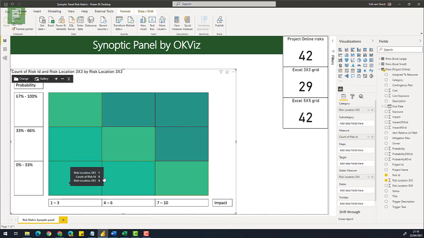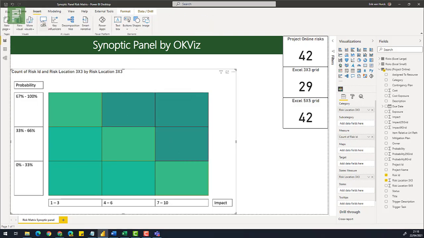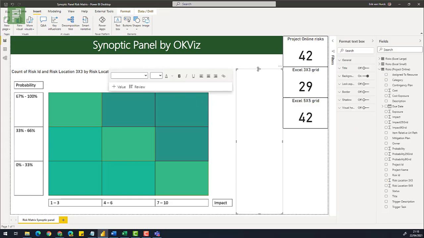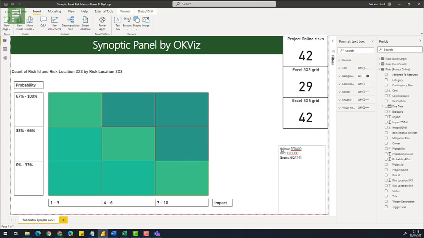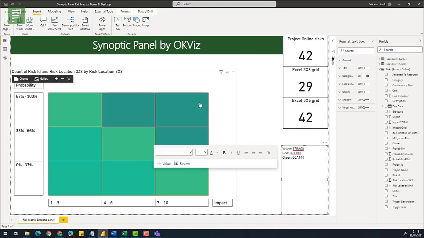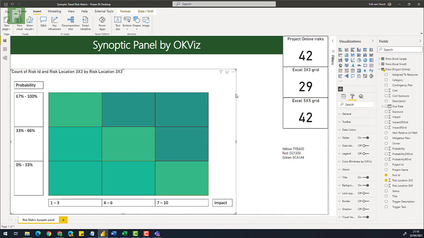Right away, if I select a value, you'll see the different colors that we actually want to have. But instead of the colors that we now see, we actually want to have the correct colors. So let me just pull up a little text bar here and have those colors in here as well. So the color coding that we want to have from our risk matrix is actually something that we need to visualize in our